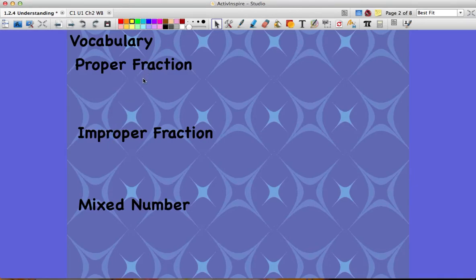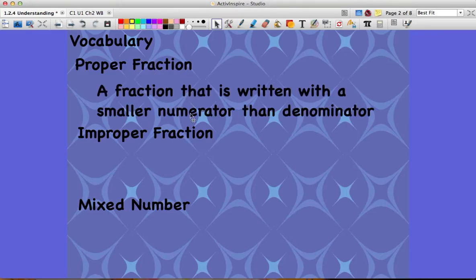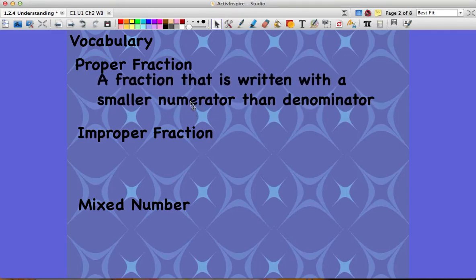Okay, first we need to know what is a proper fraction, improper fraction, and a mixed number. A proper fraction is a fraction that is written with a smaller numerator than denominator. So these fractions are written the way that we typically see them. They are written the correct way in a sense, because proper means correct or the right way, the way